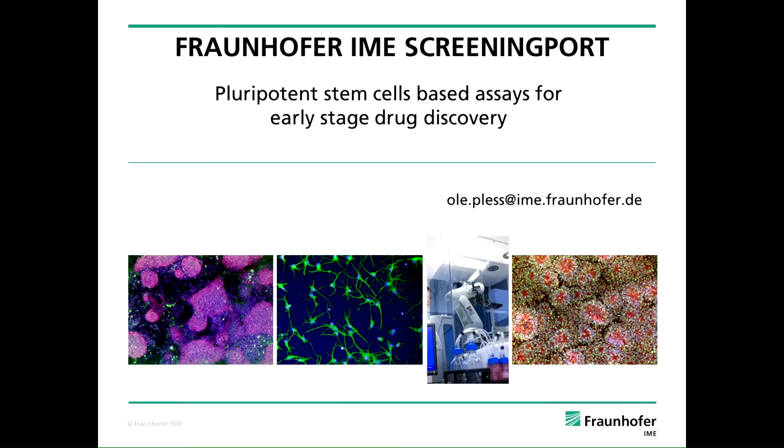What I actually want to do today is describe to you how we use pluripotent stem cell-based assays for early-stage drug discovery, and referring back to the title of our symposium, really look into the future, what iPS technology or pluripotent stem cell technology has to offer in terms of drug discovery, and how we see it, how we apply it already today